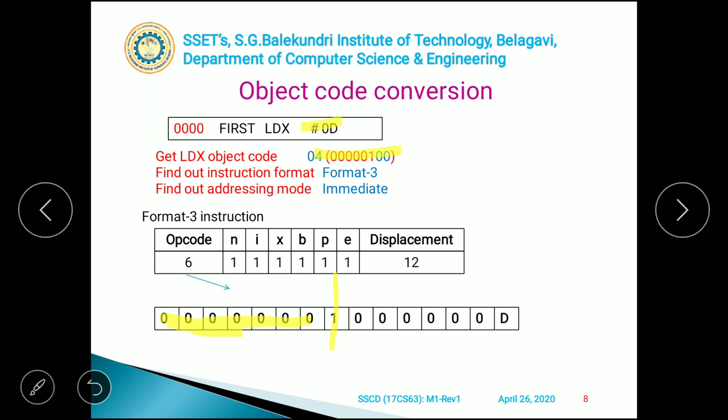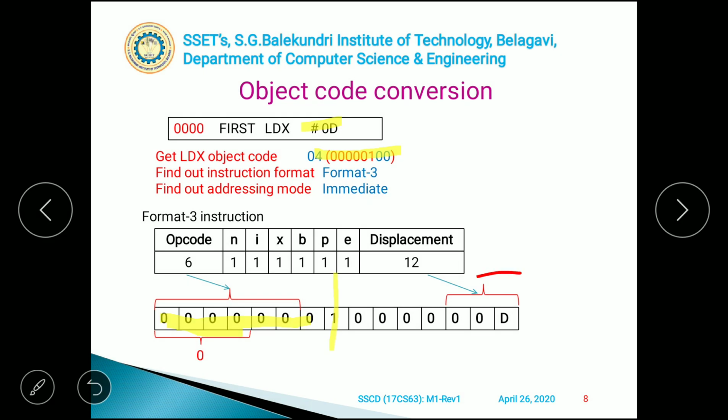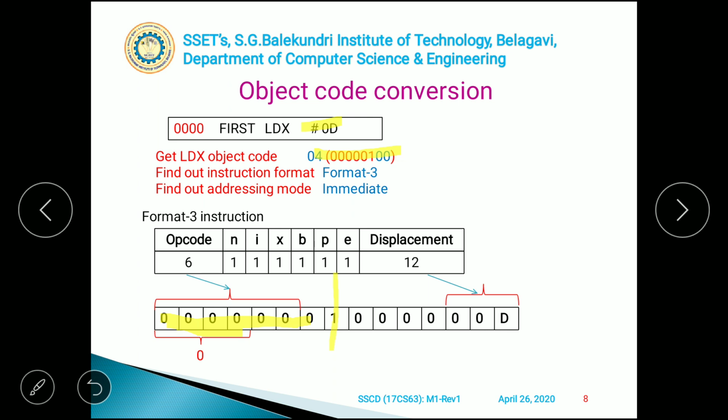Now how this works, let me explain it with the help of proper notations. See, what we are doing here is that the first 6 bits represent your opcode, and the next 6 bits are the flags, and the last 12 bits are the displacement. I have shown it here directly, because I did not use the 12 columns here, but directly I have written it. How this 000D has come, I will just explain it here. Let me come to that point.